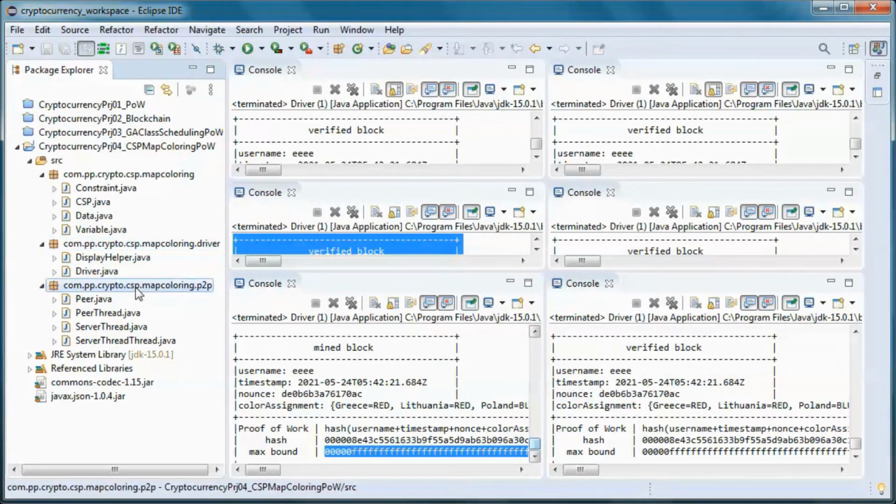What I did here is to modify the first cryptocurrency project, this one, and added the CSP map coloring to the proof of work, so this one.